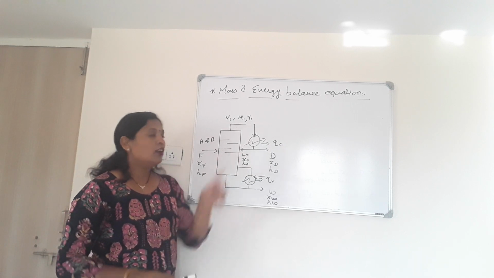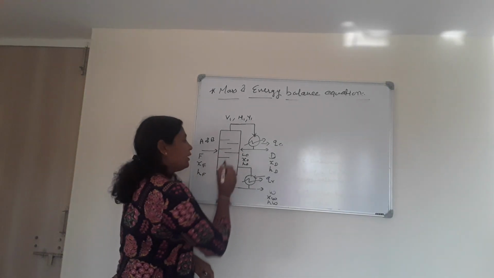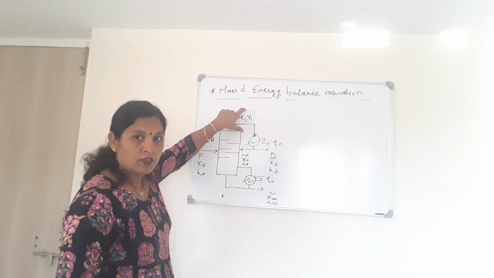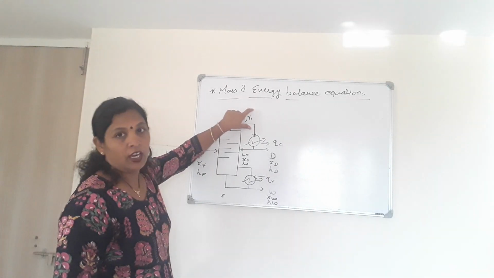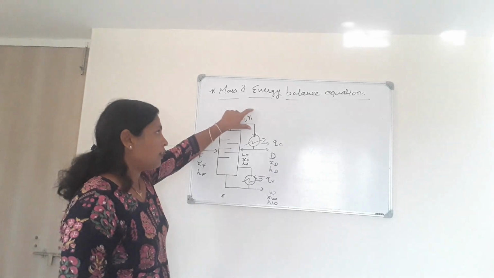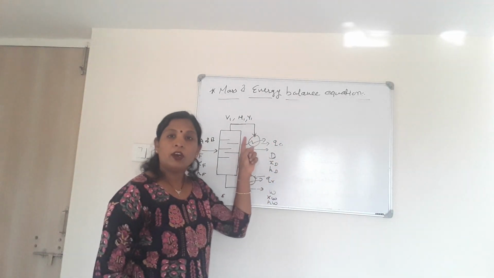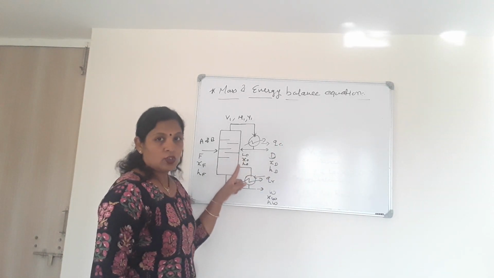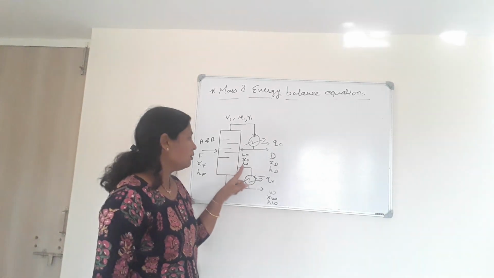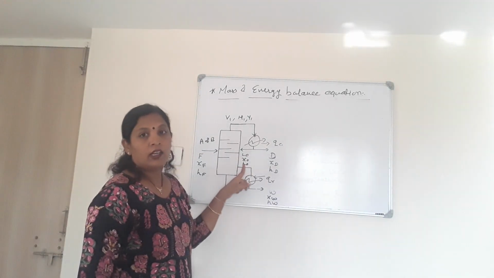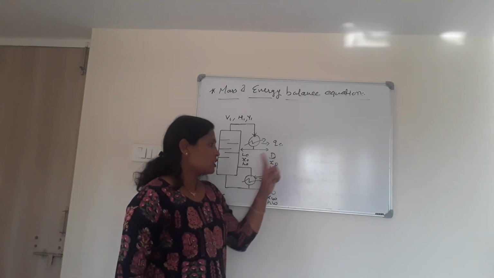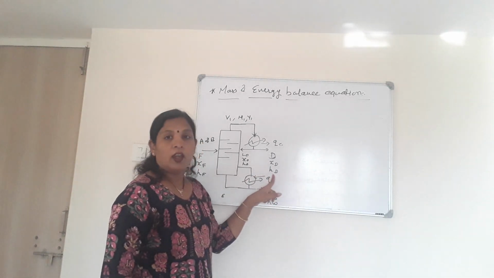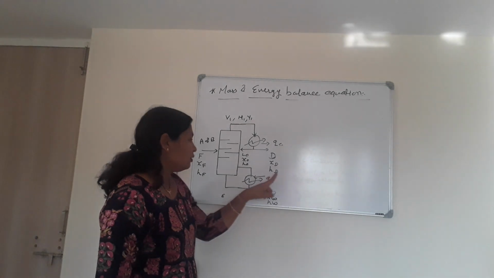Now here liquid is converted into what? Vapor, and that vapor comes on the top. Here V1 is the amount of vapor, its enthalpy is given by H1 and the weight fraction of A in vapor is given by Y1. Here Qc is the amount of heat removed from the condenser, L0 is the amount of reflux, X0 is the weight fraction of A in reflux, H0 is the enthalpy of reflux, D is the amount of distillate, XD is the weight fraction of A in distillate, HD is the enthalpy of distillate.